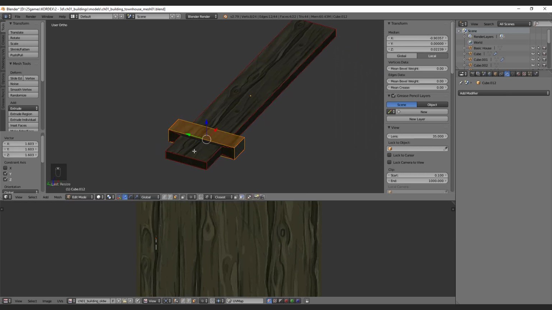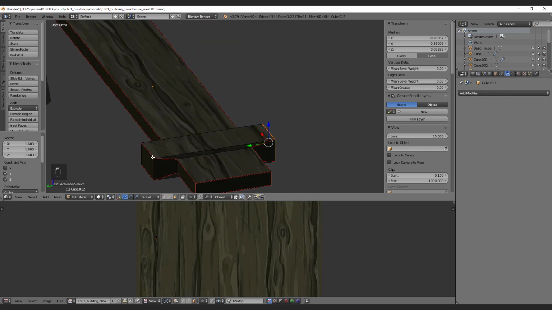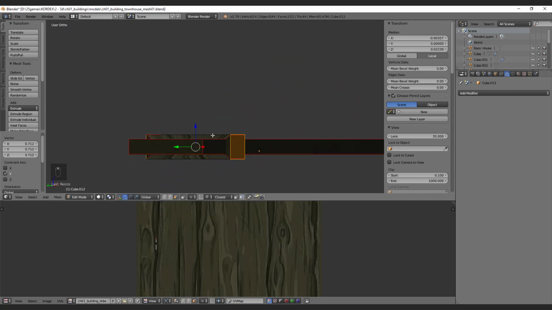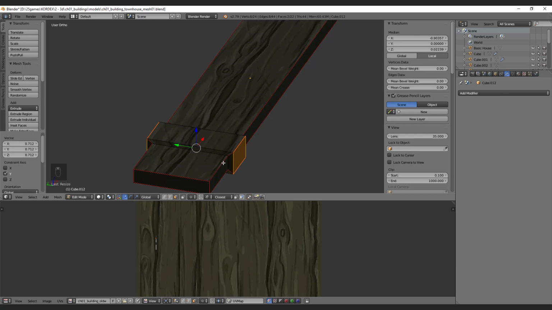Okay, the only problem is that this and this part is not extruded nicely like this. So I personally like this now,